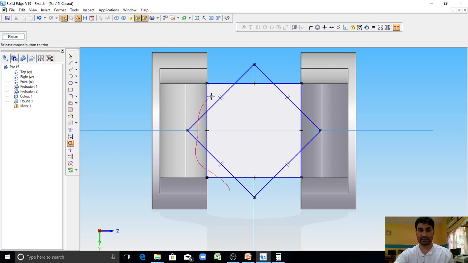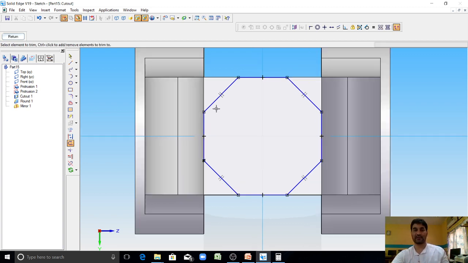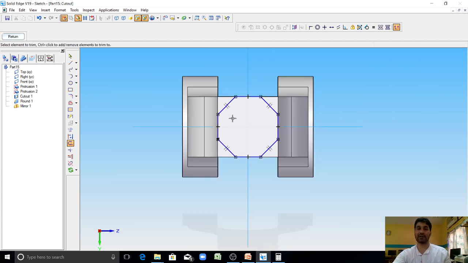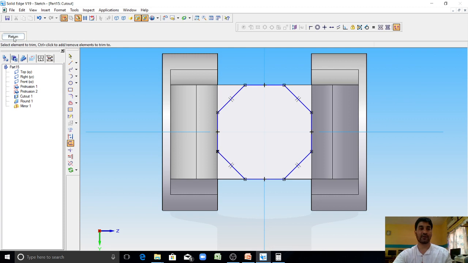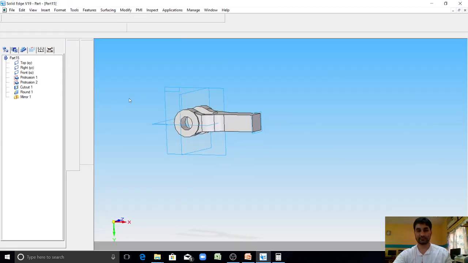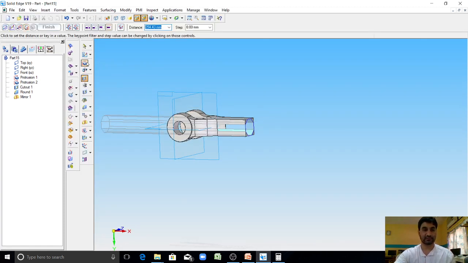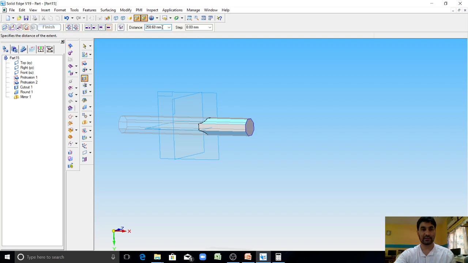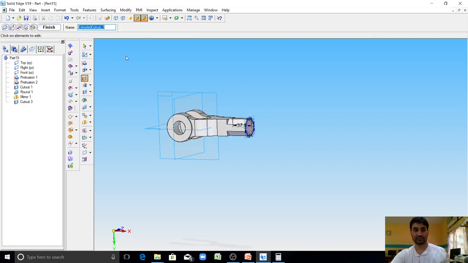You have to trim all these lines here. So this comes the octagon. Very simplest method what I have explained now. Now click on return. It is a cutout. The direction should be outside like this. The length should be 37.5. Click on finish.